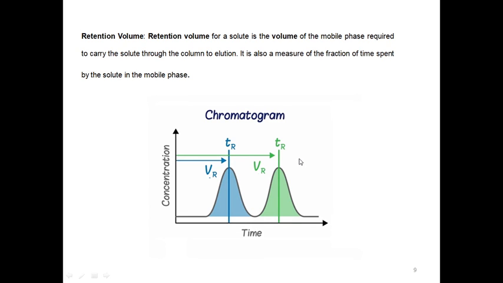It can be 10 ml, it can be 5 ml. So a particular solute may start moving in either 10 ml of the solvent system or either in the 5 ml of the solvent system. So based on that concentration, there will be separation of the bands. And based on the separation of the bands, there will be a proper separation of the components. So retention volume is very important so that the bands get separated properly.